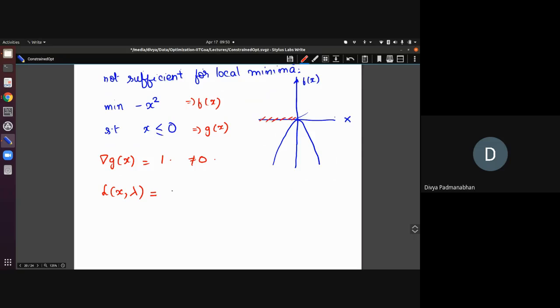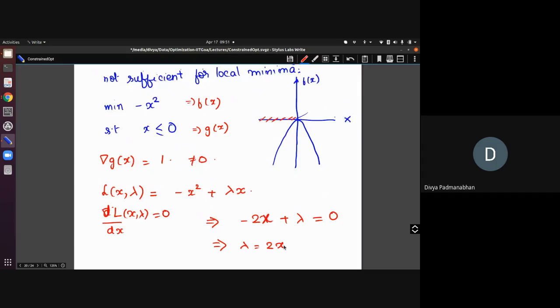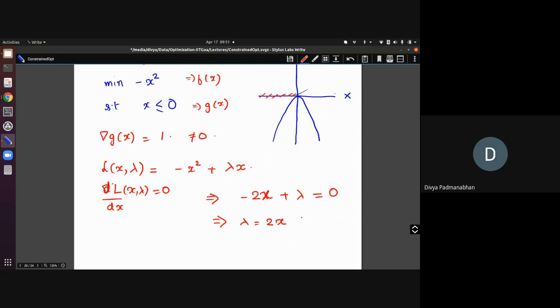So what's it going to be? Minus x squared plus lambda x, right? So now the gradient, it's in one dimension, so you can just write d by dx is 0. Minus 2x plus lambda is 0. So lambda is equal to 2x. So at the point x equals 0, what you're going to get is